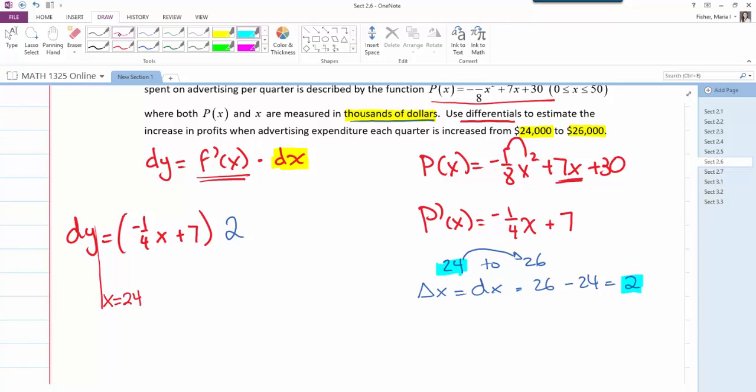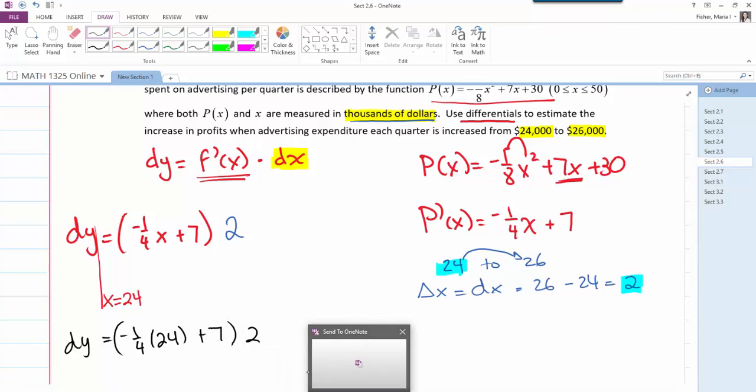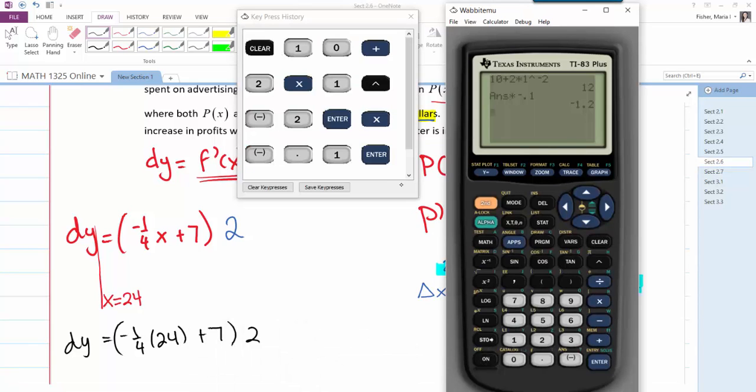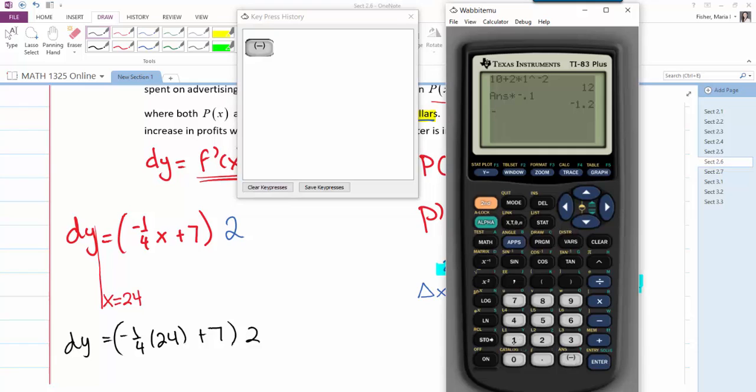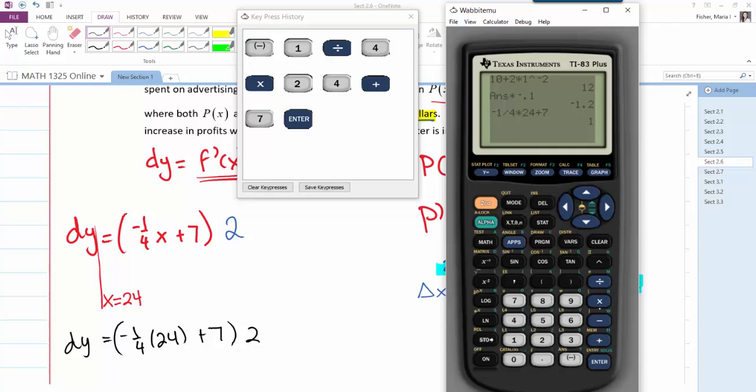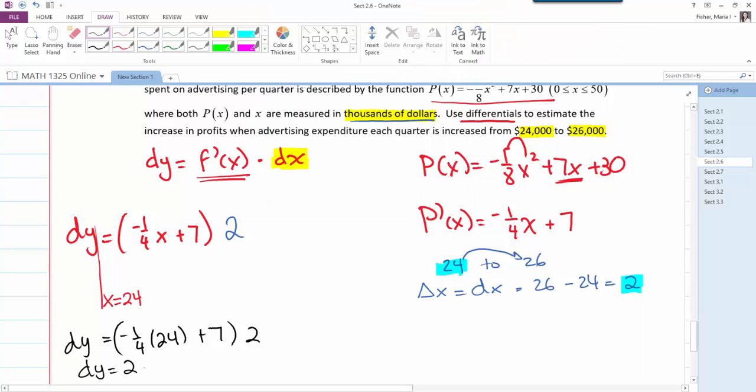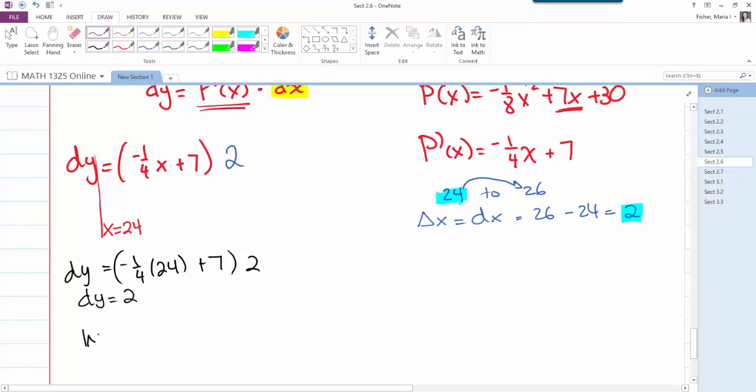So now plugging in so that I can evaluate my differential, I know that this would equal negative 1/4 times 24 plus 7, all of that times 2. And we can just plug this into a calculator. So on a calculator, we'd have negative 1/4 times 24 plus 7. Hit enter, and then you take that and multiply it by 2. And so my dy is equal to 2,